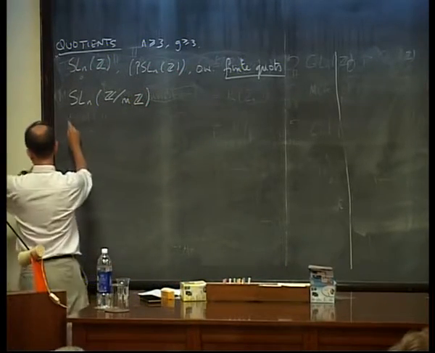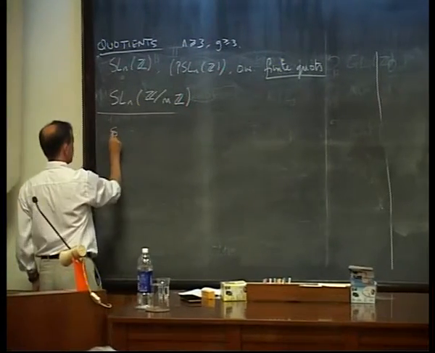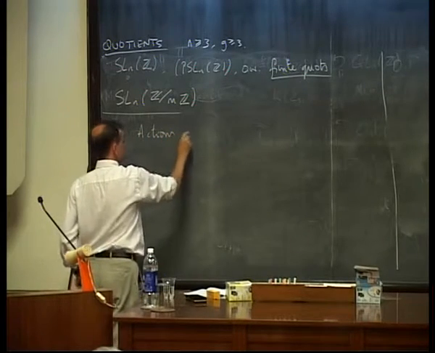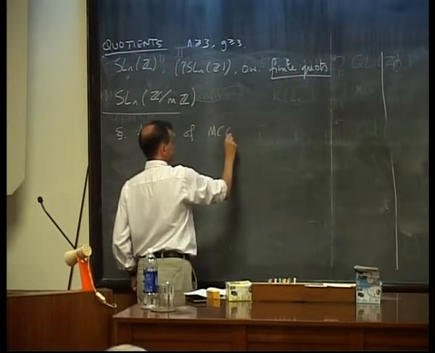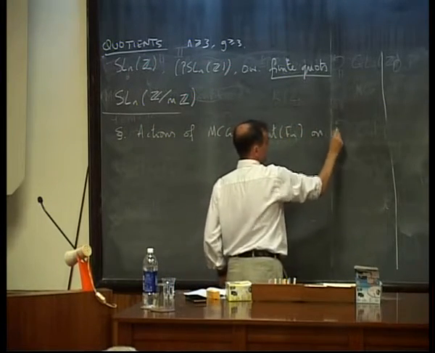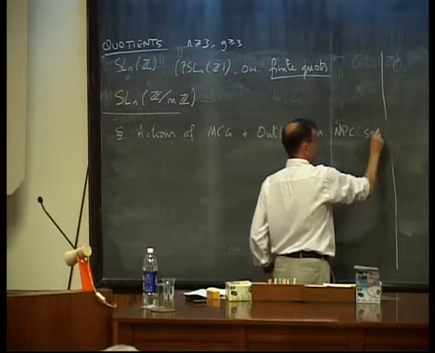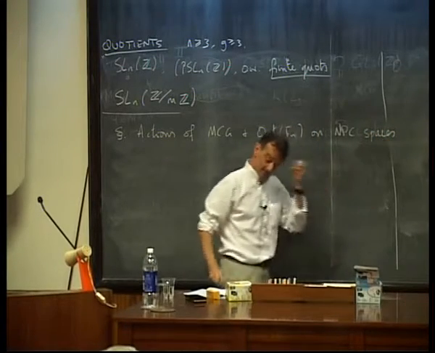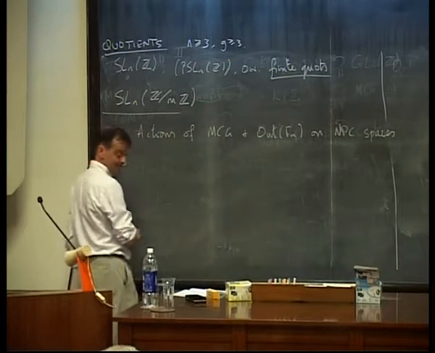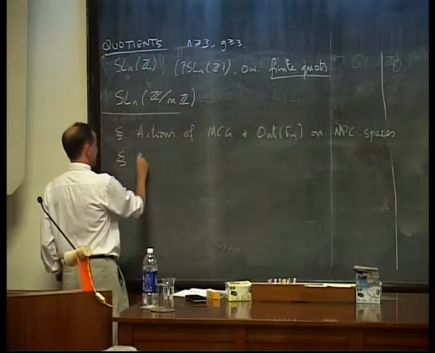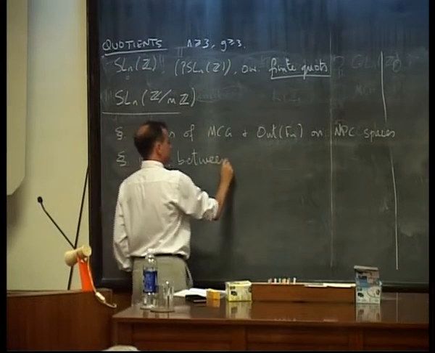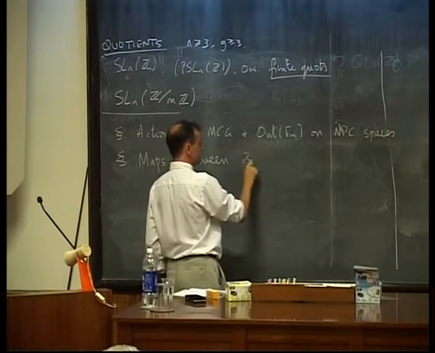Okay, so what am I going to do? We're now going to have a short section where I'm going to talk about actions of mapping class groups and Out(Fn) on non-positively curved spaces. I'm just going to state some theorems without proofs and see how they fit into this picture. And then I'm going to try and actually have a section with a proof in it. I hope we get that far. I'm interested in maps between the three classes of groups we have.